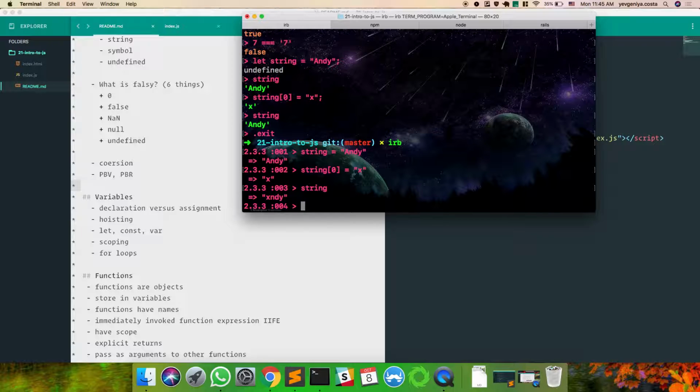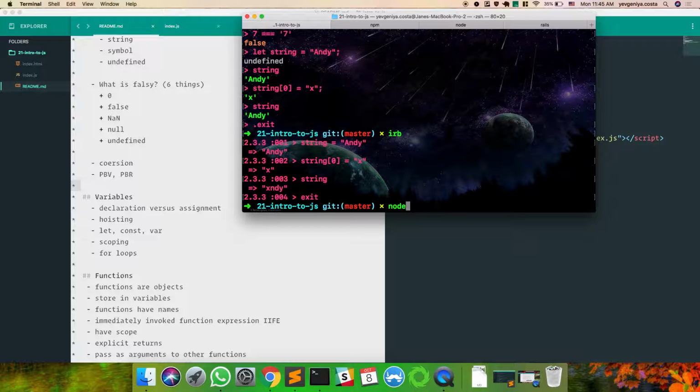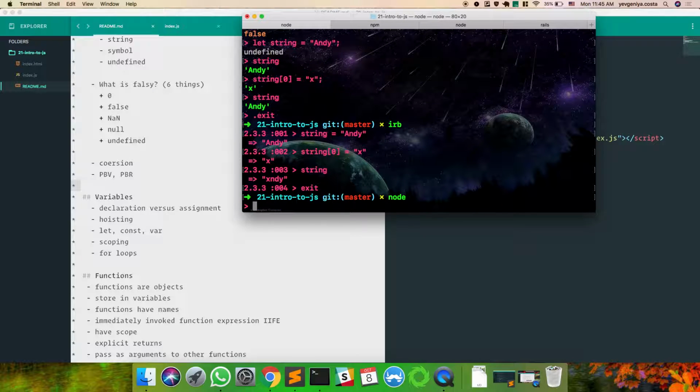So in JavaScript, primitive data types can be reassigned, but you can't mutate a single piece of it. But with objects and arrays, you can. So you can totally take index 0 of an array and change it to something else. And that works. But this is the idea of pass by value versus pass by reference. So primitive data types are basically passed by value. You always remember what value they are. But with complex data types, it's not the case. And we'll get into that.